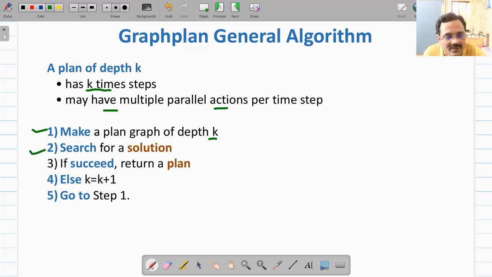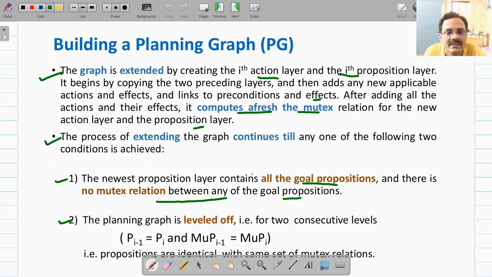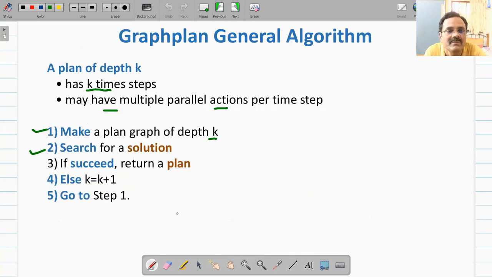If one of these conditions is satisfied, that means you have all goal propositions in the proposition layer and they are non-mutex, or both proposition layers are the same and mutex relations are also the same, and you succeed, then return the plan. Otherwise extend your graph, using the extend graph procedure we have just seen, from k to k plus 1. Repeat this, go to step 1 again.